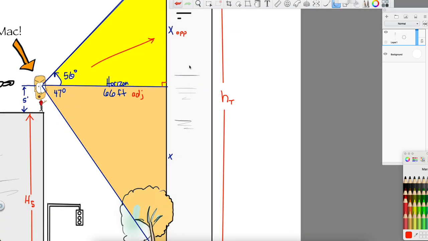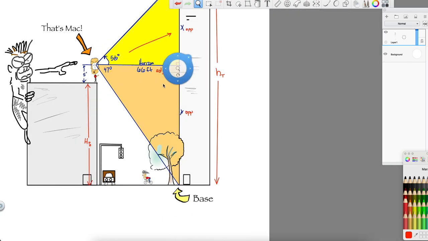We also see this in the orange triangle, the 47 degrees, the X, or let's call this Y actually. I meant to call that Y, so this is Y. And I want to have the same variable labeled in two different places. So this is the opposite leg, and the 66 feet is still the adjacent. So we know